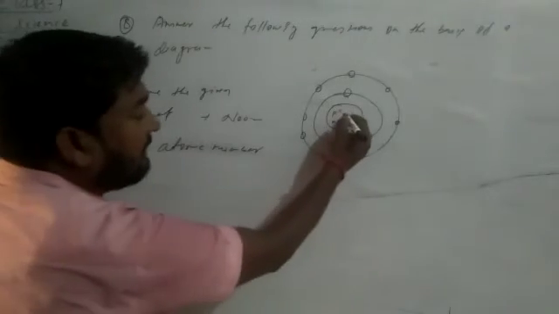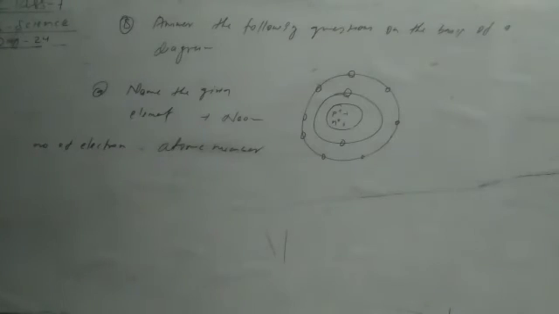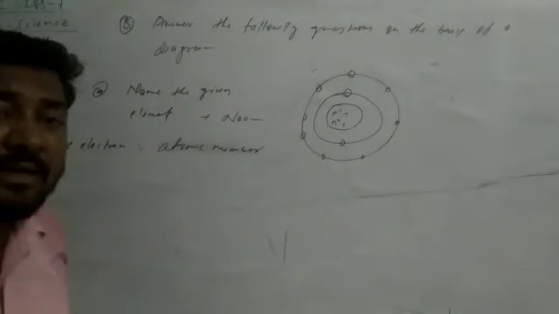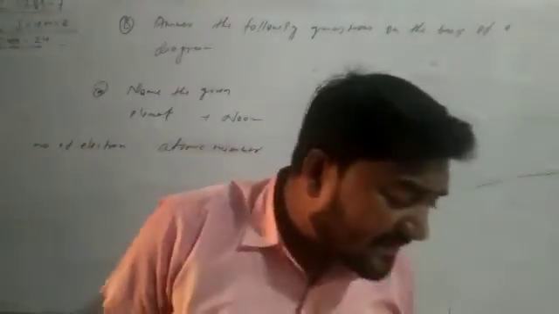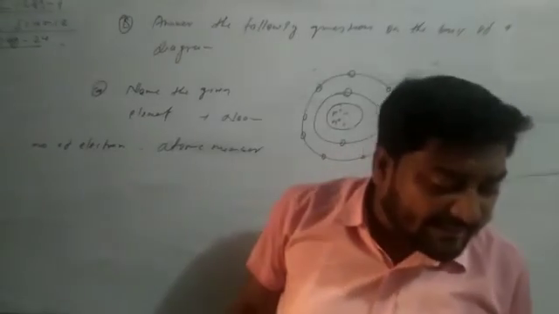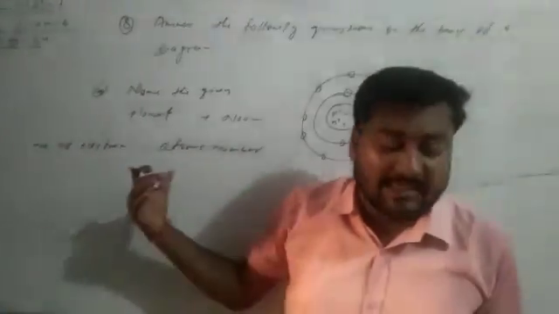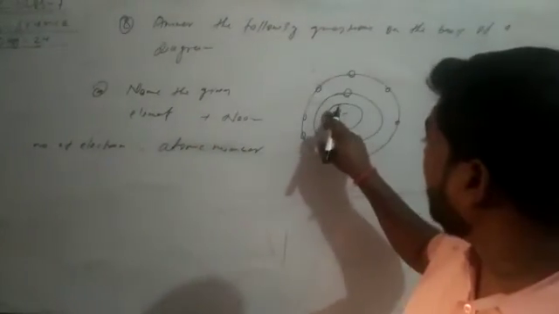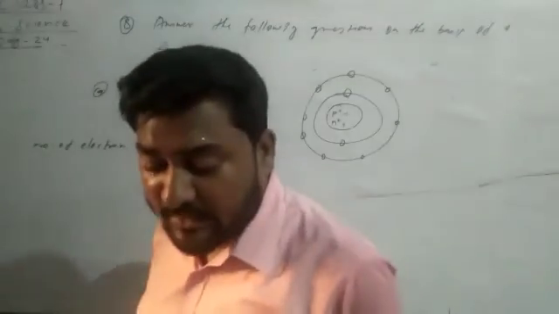Okay. Second number is write the number of protons and neutrons in it. You have to write the number of protons and neutrons. Yes? How many protons are there? So the number of electrons is equal to the number of protons. Right? Means 10 and 10. Very good. Write atomic number and atomic weight. Atomic number is 10. Atomic weight means what? You have to add 10 plus 10. How much? Yes, very good. In this way you can do it.